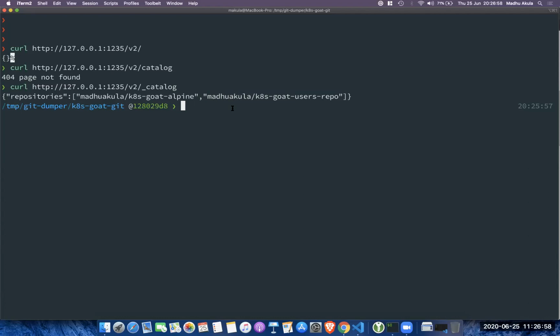You can fetch these images locally, and sometimes you can also push, putting in some kind of backdoor, as some attackers do, right? So you can modify this image locally, tag it back, and push the same image with the same tag as well as the same repository name. So whoever is running these images is basically running your attacker code, right?